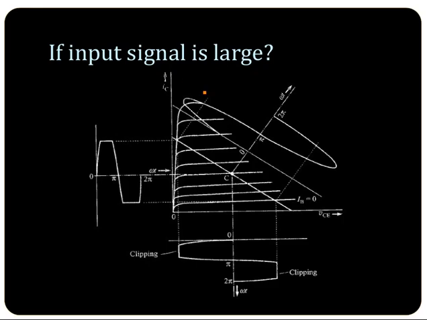What happens when the input signal is too large? Even if the operating point is here in the center of the active region, if the input signal is too large, it will distort the output. So the IB variation should be limited. Otherwise, IC may go beyond its range, if this goes to saturation and this portion goes to the cutoff region. So clipping will be there in both the half cycles here. Both positive and negative peaks will be clipped.